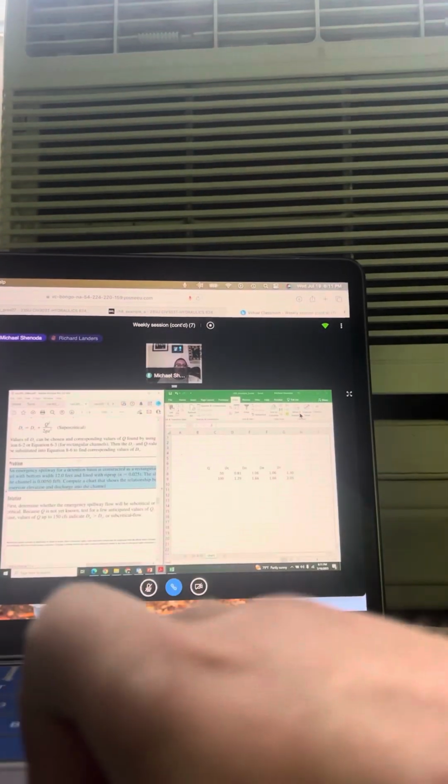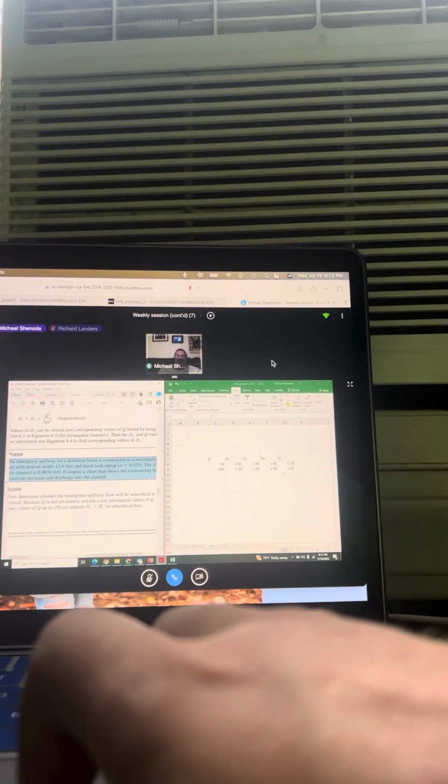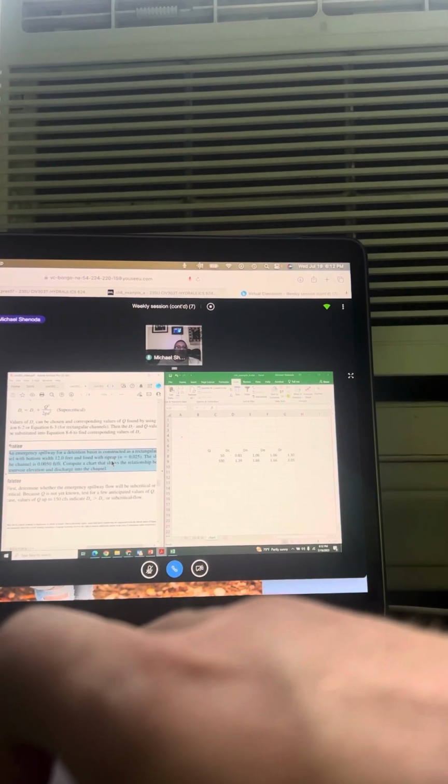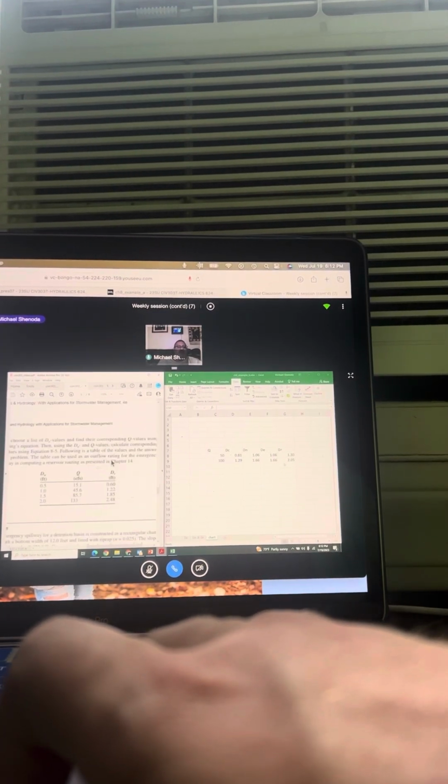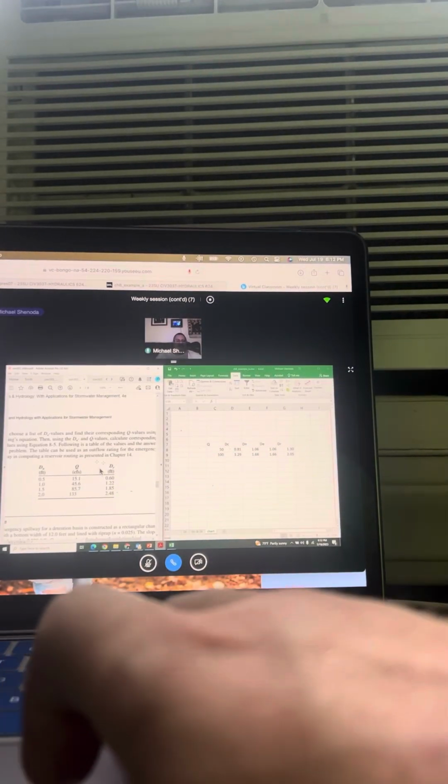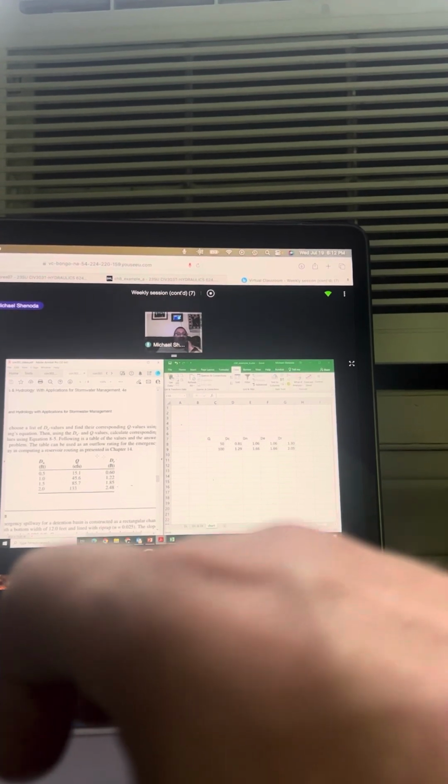I don't know why they call what we're making a table. They call it a chart here, but you can see that this is what they want. And you can see here, they did it a little bit differently. They took the normal depth, they